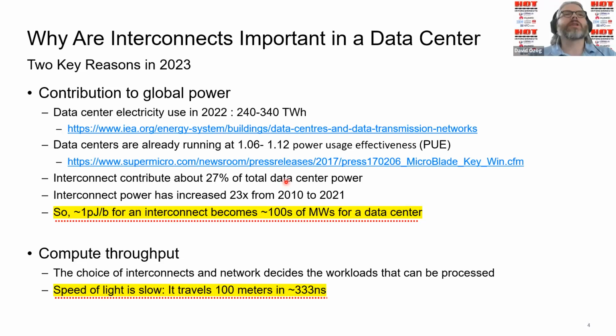Right, and I was interested in that 27%. That's from your experience. You came up with that measurement. Correct. So we have visibility into the power, which is in the switch, which is in an optical module, which is in an accelerator, which is in a processor. And out of that, based on total compute and total, compute comes around 20%